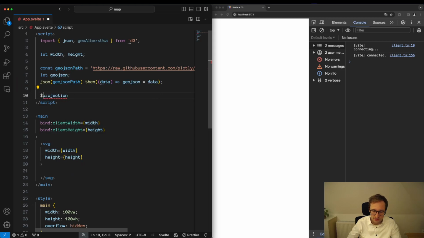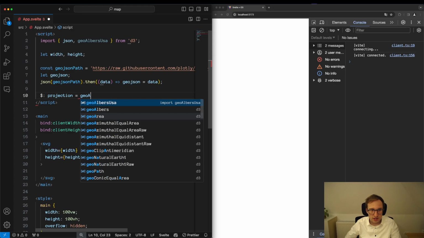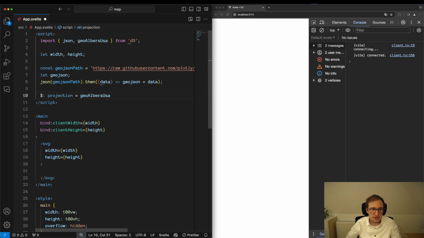And I'm already putting a $ sign here in front because I know that this projection will change when the width and the height or the Geojson of our drawing space or the map changes. So projection is the geoAlbersUsa projection. So we invoke this function,